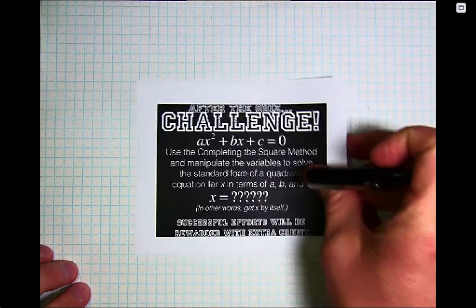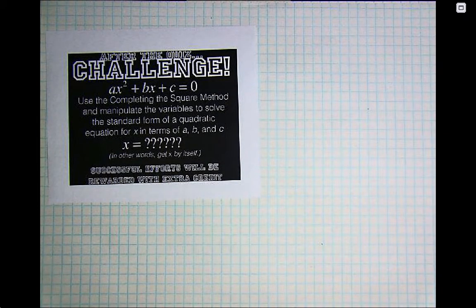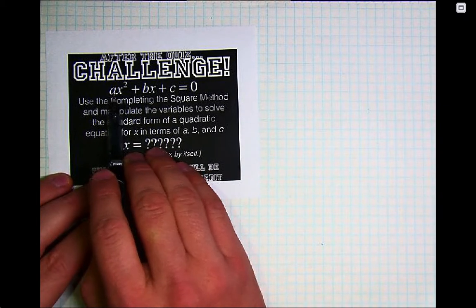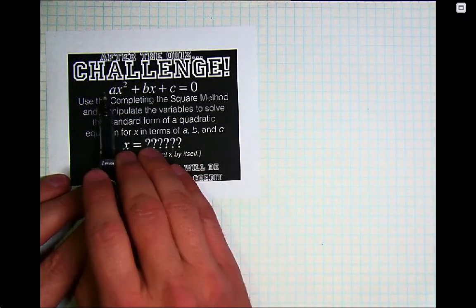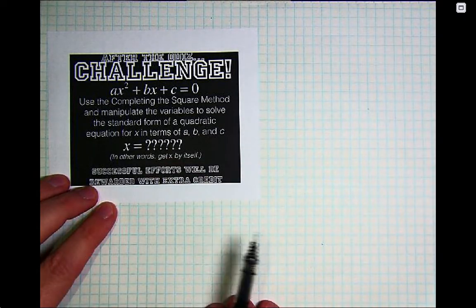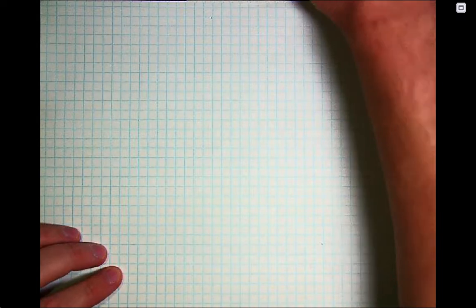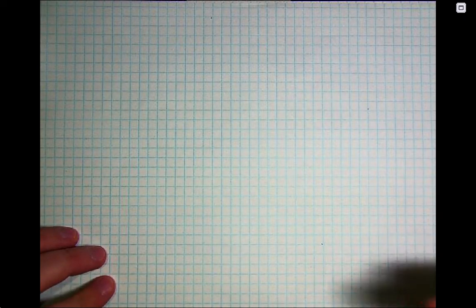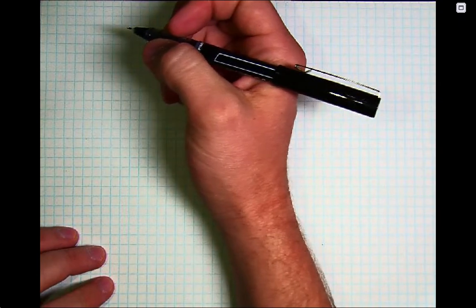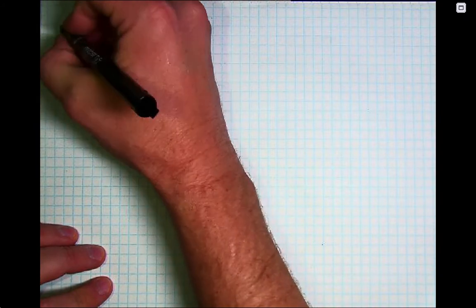So we're going to start off today by taking a little walk down memory lane. Remember this challenge that I gave you last time I saw you? It was, how can we take a standard form quadratic formula with a's and b's and c's in it and get x by itself using completing the square? So some of you tried that. Some of you sent me your attempts. Some of you did it. Good job. Before I answer that, I want to just remind you about how to use completing the square in general. So here's an example